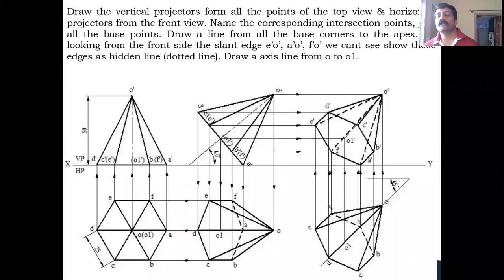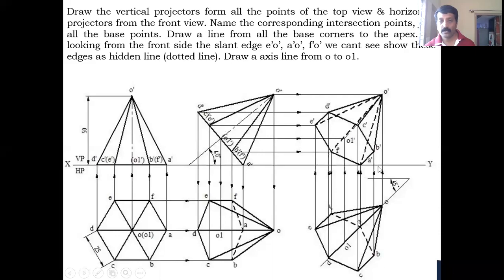So here also it is true, since the base is towards you and apex is towards the XY line. So that's why from the front view, if you see from here, the complete base you can see. So you can join this base A, B, C, D, E, F as the visible edge. After this, we come into the slant edges. So you are looking from here.